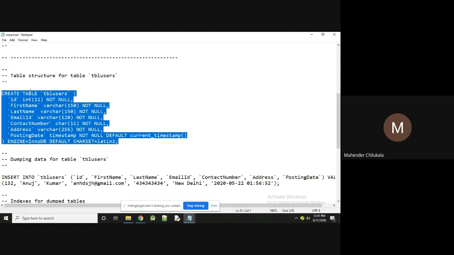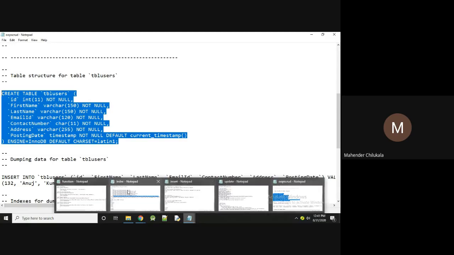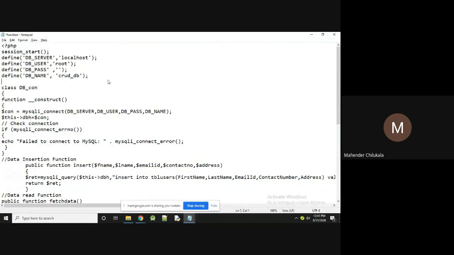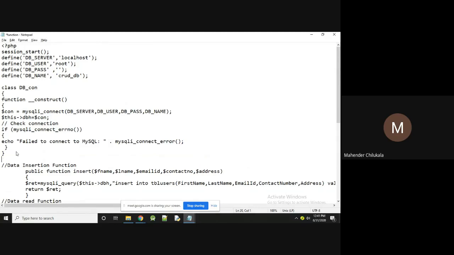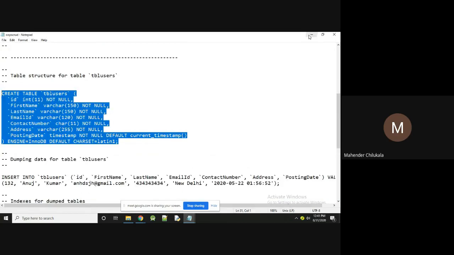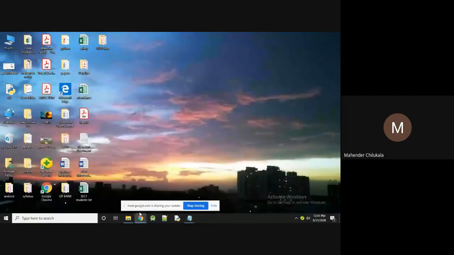Or else you can keep it before the class. After the constructor, you can also create one more method, a create table method, and insert it here. So this is a way to perform the CRUD operation.